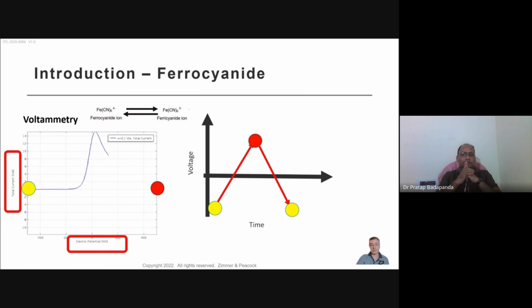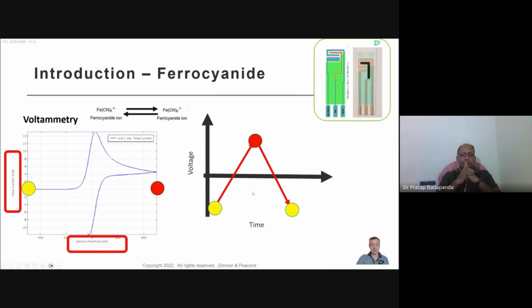Linear sweep voltammetry is really similar, except we don't go from one potential to the next potential and back again. We just go from one potential to the next potential, but we don't go back again. Otherwise, they're pretty similar techniques. The only reason I bring this in is that at ZP, we are pretty fond of screen printed electrodes. We obviously manufacture our own. We also